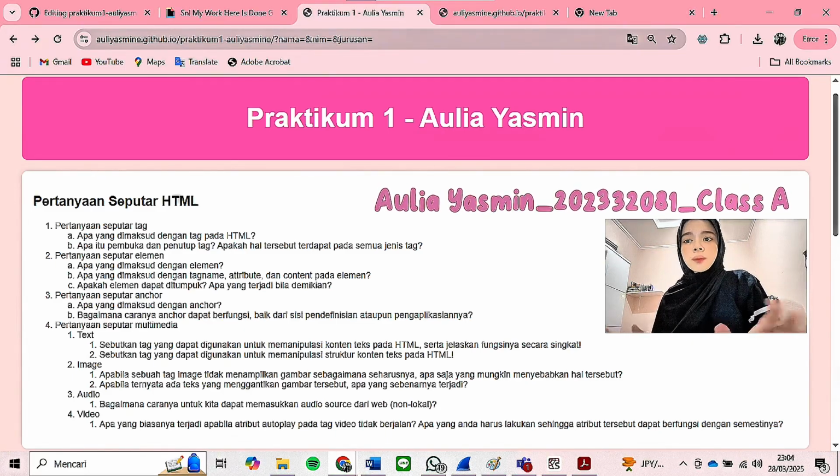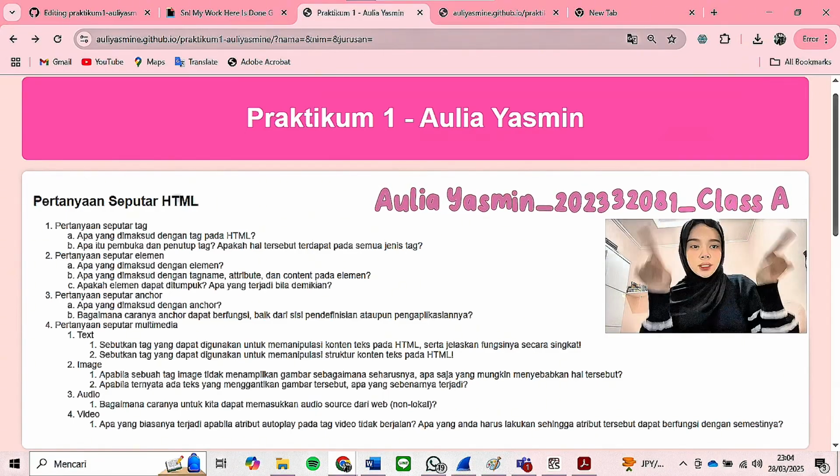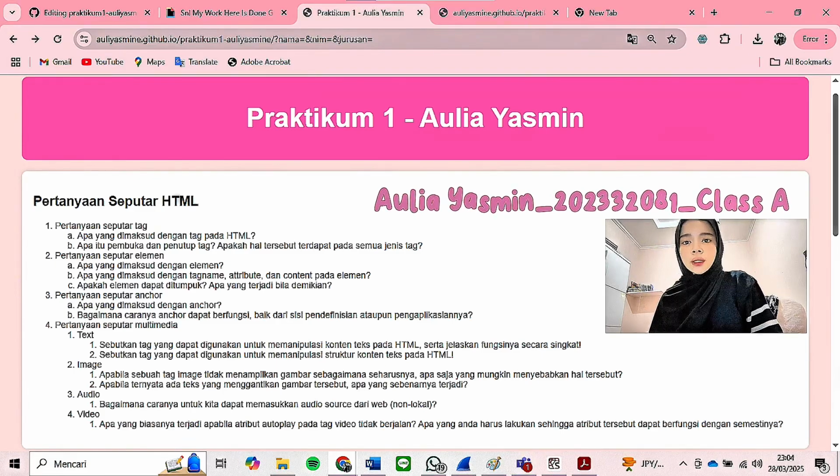To start, I built this website using HTML for the structure and CSS for the styling. The main structure of my website follows a standard HTML layout, which consists of three main sections: header, main, and footer. At the top of the page, I have a header, which contains the title of my website, Praktikum 1 Ola Yasmin. This title is placed inside an H1 tag to indicate that it is the most important heading on the